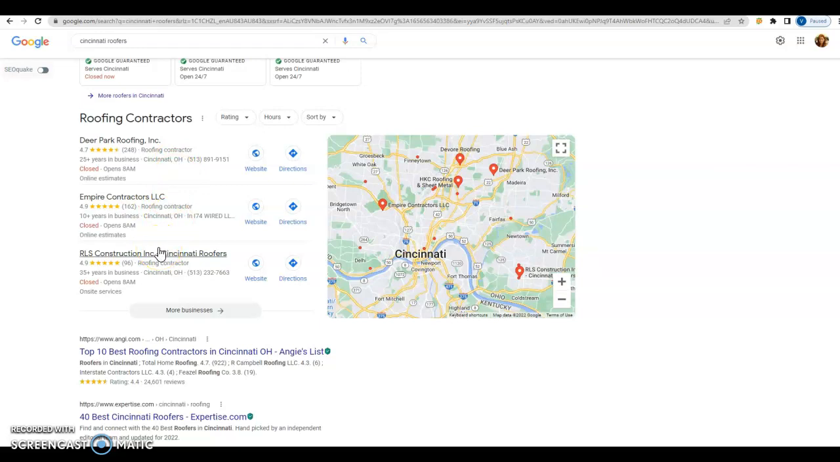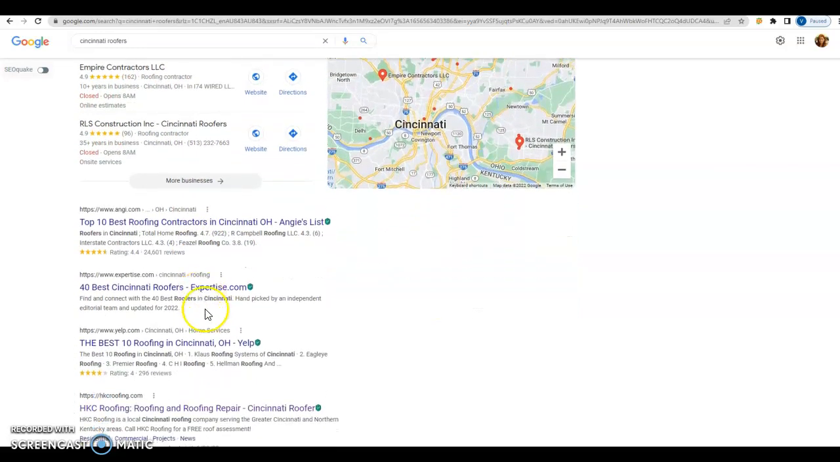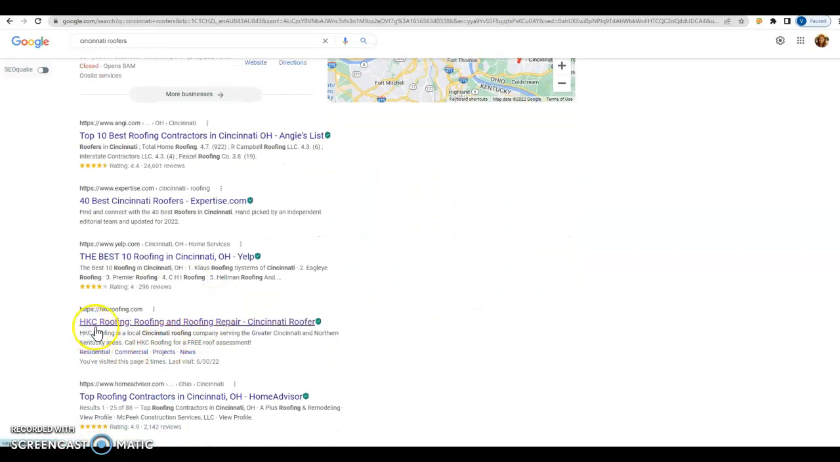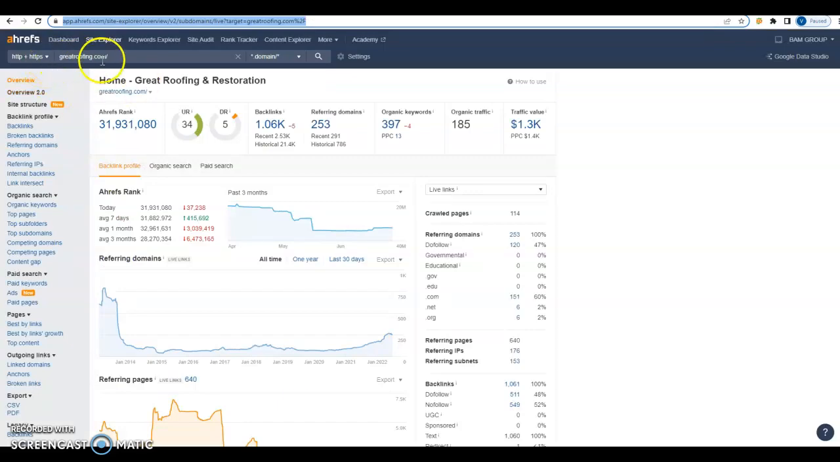The third section is the Google Organic Search. Here is where I found your competitor, HKC Roofing. And to rank here, you first need a safe, responsive, and well-built website in terms of content. So once you have that, then Google will rank you according to many factors, but one of the most important ones is the backlinks. So to analyze that, I use a tool called Ahrefs, and right now I am looking